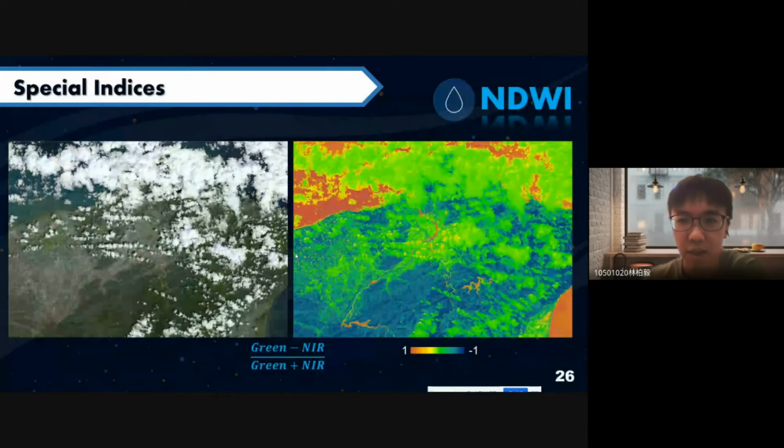And this is the index of NDWI, and you can see that the water area is not very clear in the true color image. But if we use NDWI, the water area will be enhanced by the red color.